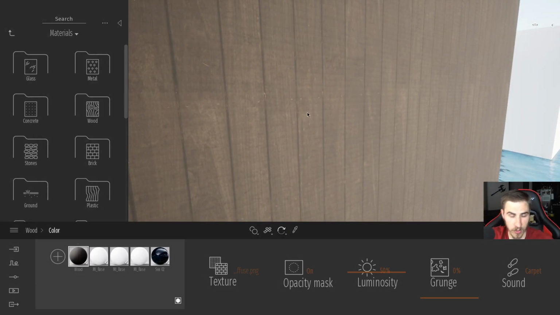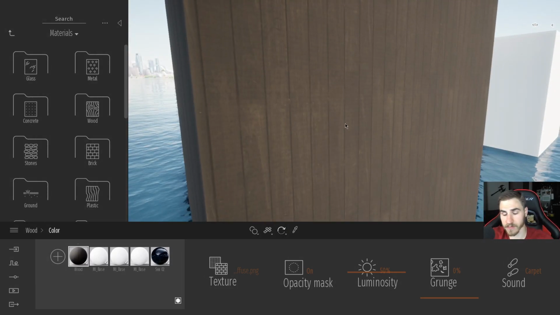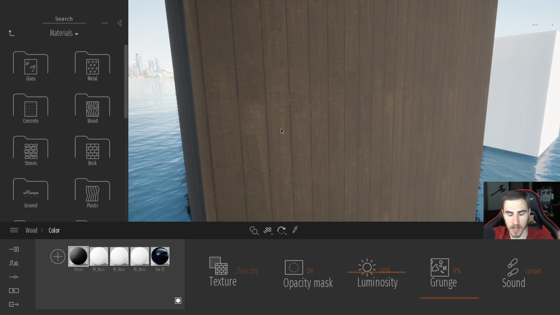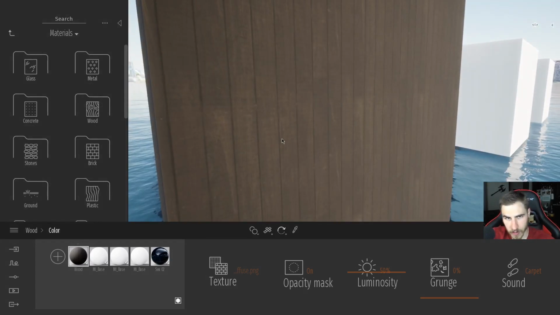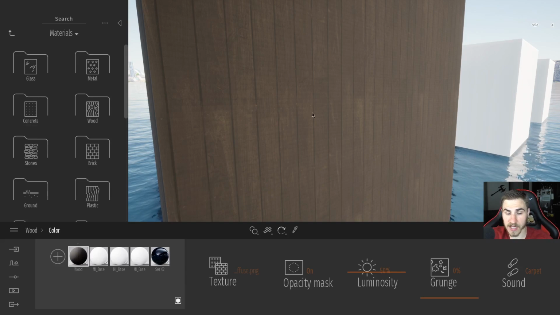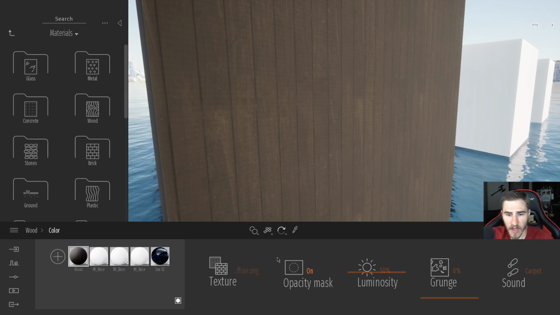This is the result you'd get if you were in SketchUp, because SketchUp only is able to take this one particular map, and if you're stuck with this, that's okay. It looks good, but we're in Twinmotion. We want this to be a physically based rendered material, so we want to go ahead and use all the maps that we can to make this look physically real. At this point,